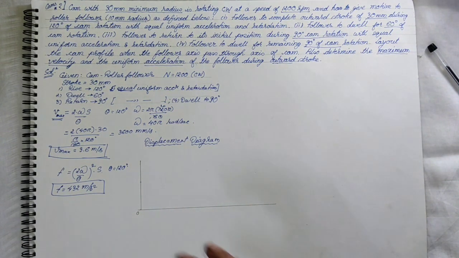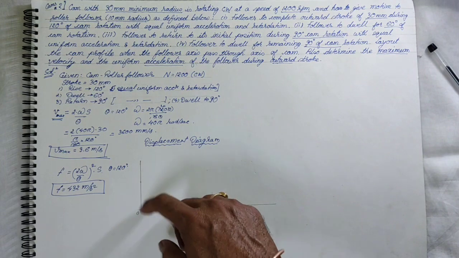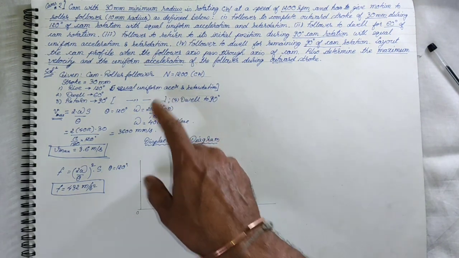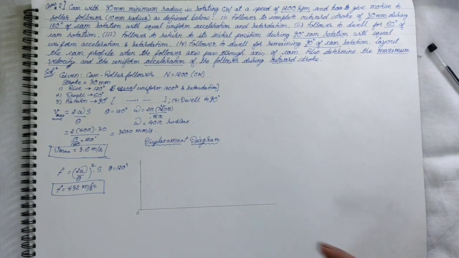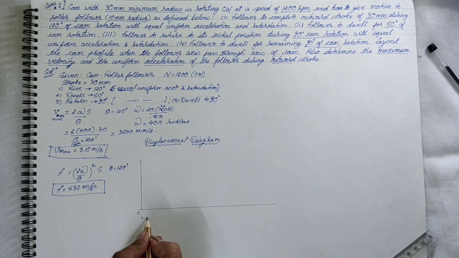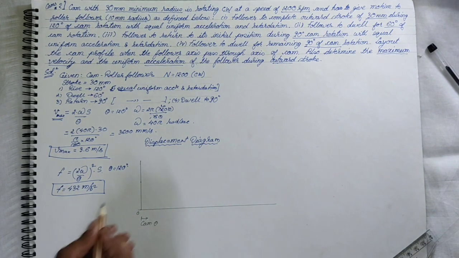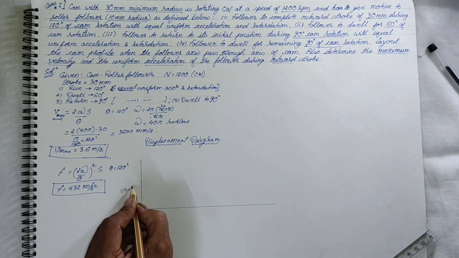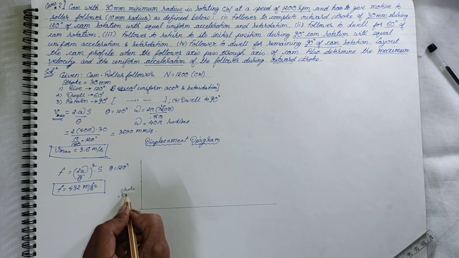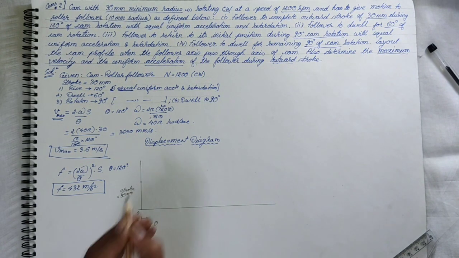Now again, here we will be moving the cam, or rising the cam, in 6 steps. When it is uniform acceleration, that means the curve will come out to be a parabola. So we have to get a parabolic curve, and for that I'll divide the steps. So in this direction this is the cam rotation theta, and this is the stroke. This stroke is 30 mm in this case, right?